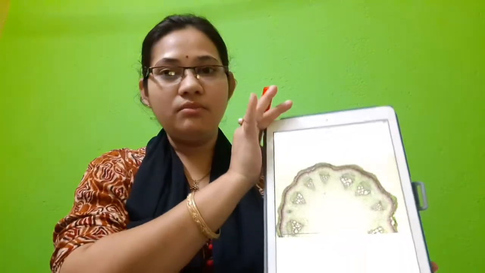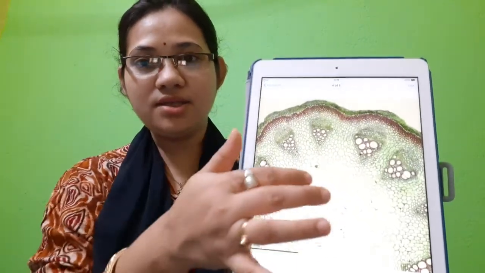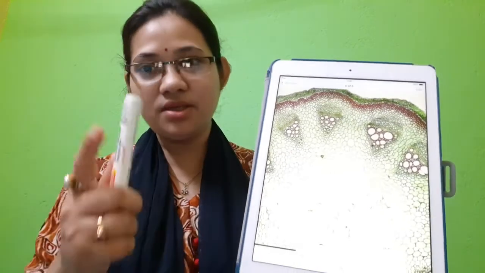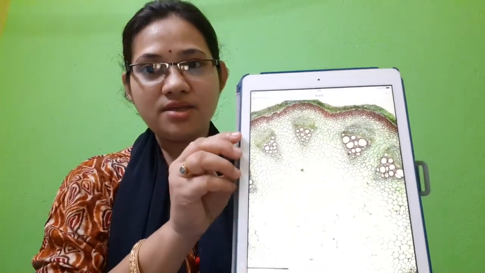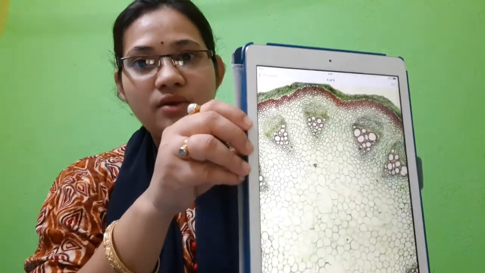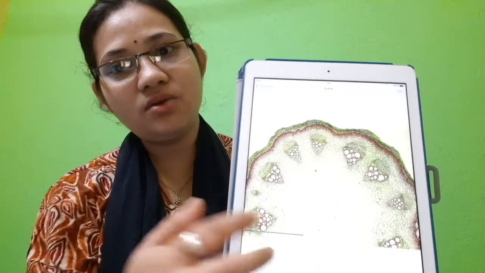Now if I try to show you where xylem is present in the stem or root of plants, both xylem and phloem are present in some bundle-like structures which are present in the stem, which are called vascular bundles. Now if you try to see this diagram, this is a TS of a stem. TS of a stem means, suppose this is a stem, so I cut it, and we get a thin slice of that stem. This is called the TS of stem. You can see here, these are called the vascular bundles.